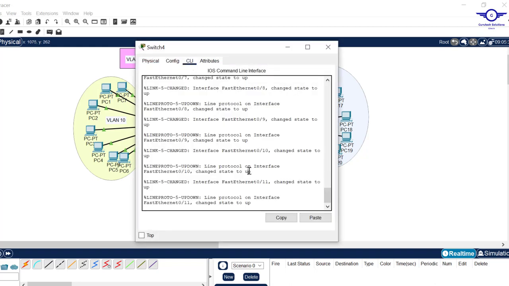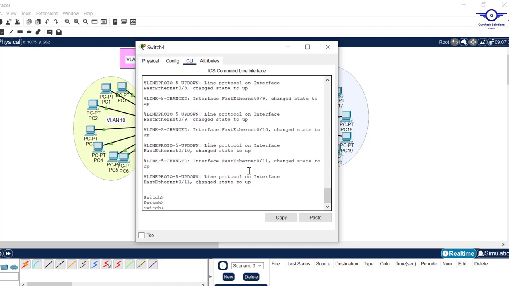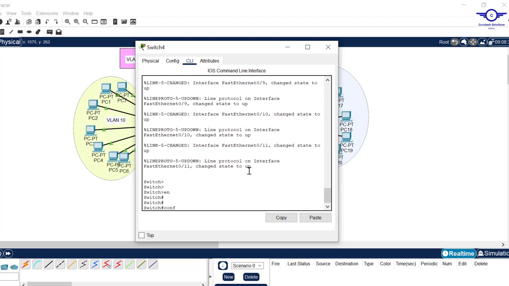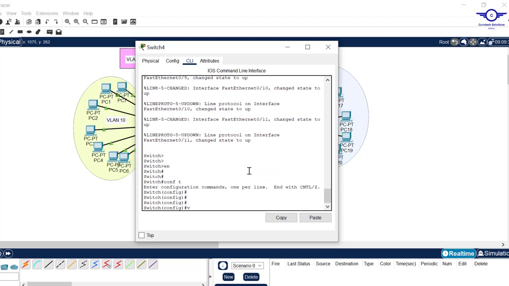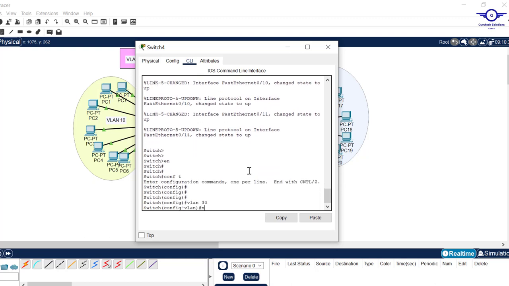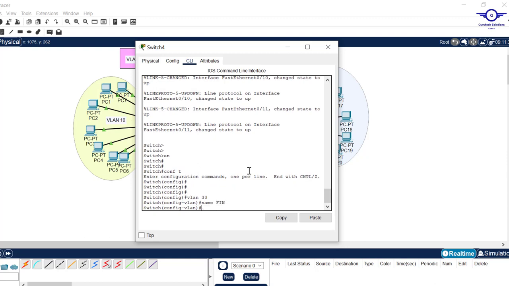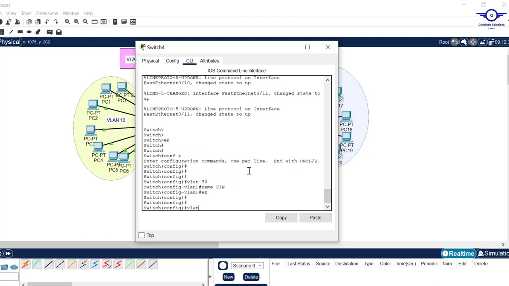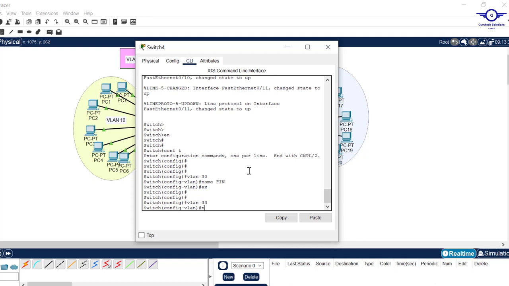Make sure the native VLAN is the same in all the switches. Okay, enable, config t, VLAN 30, name, let's say fin for finance, exit, VLAN 33, name native. Okay,